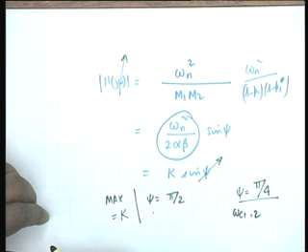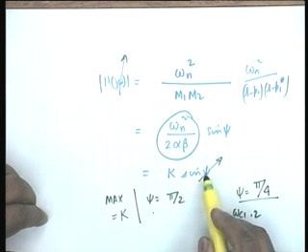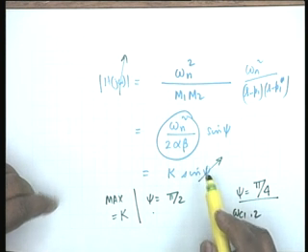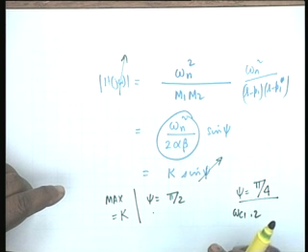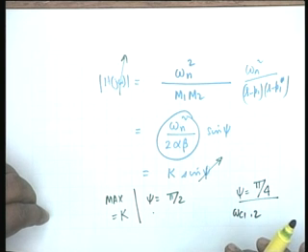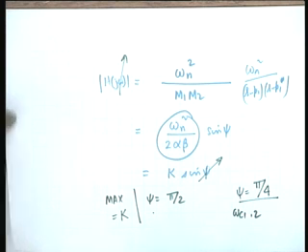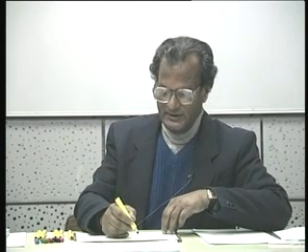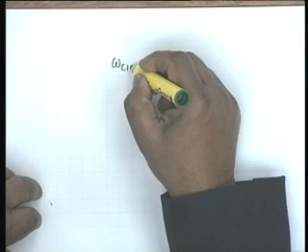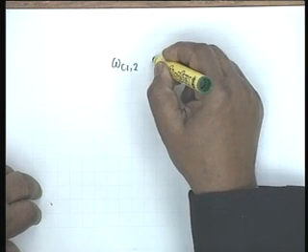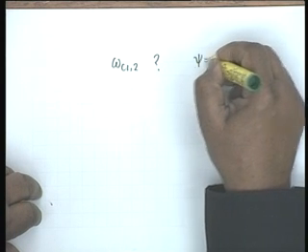Agreed? At these frequencies, sine psi will be 1 by root 2. So, the magnitude would be precisely k, the maximum value, divided by root 2. Maximum value k is 1, that you know, but I have put it for generality's sake. So, the problem is therefore to find out omega c 1 2, and for that all you need